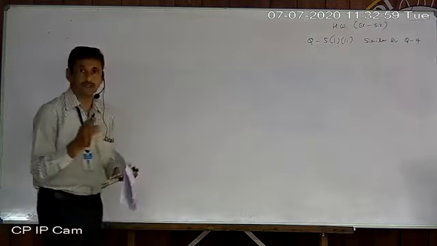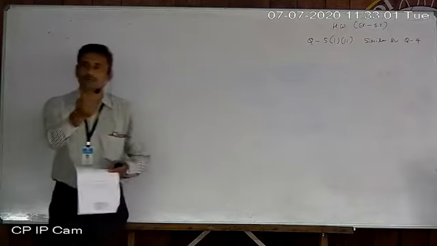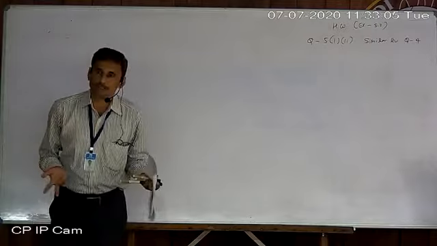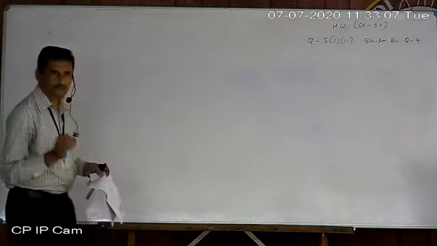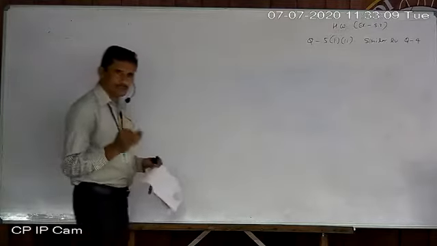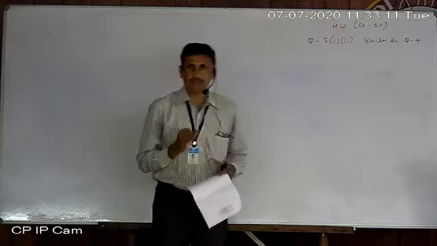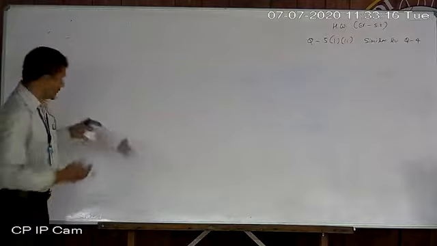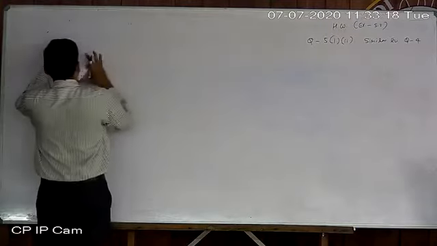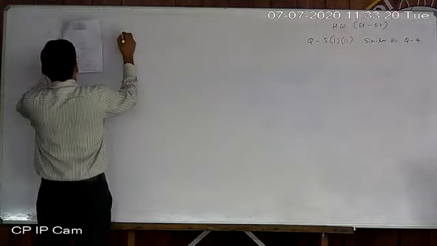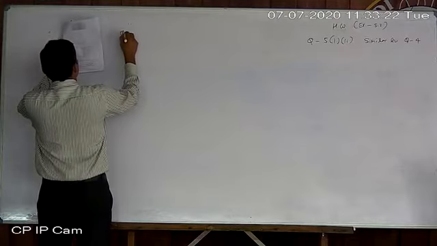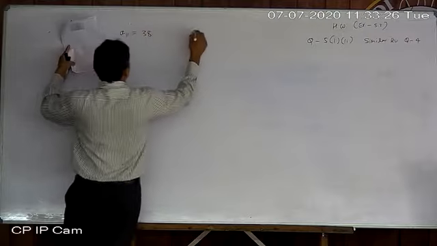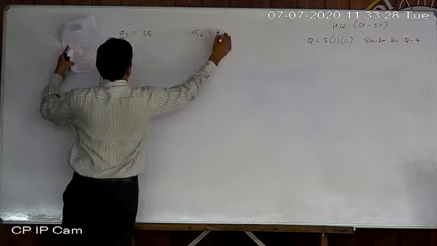So two terms are given. First time we are not given the arithmetic progression, so we don't have a, we don't have d. First time we come across this type of question. Arithmetic progression itself is not given, but instead of that two terms are given. The 11th term is 38 and the 16th term is 73.